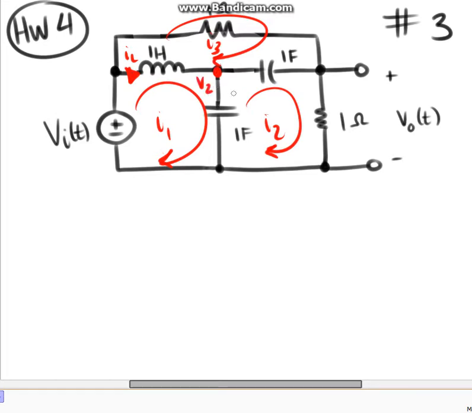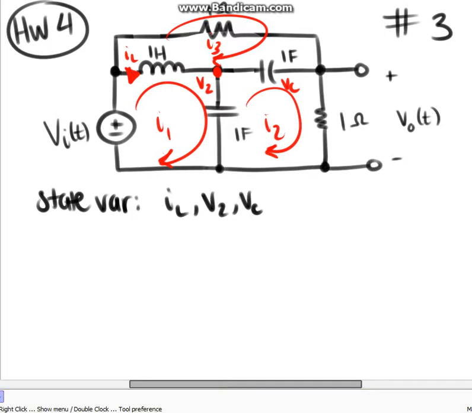The voltage across the capacitor on the right we'll call VC. So our state variables are IL, V2, and VC. Writing them with respect to time, we have